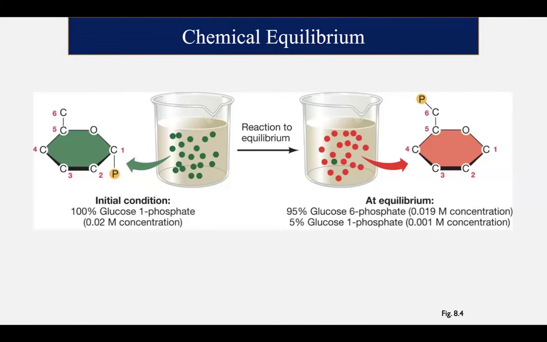So as a result of that, what this slide is trying to say is that all reactions are reversible and an equilibrium exists. So in the original glass or jar on the left, you have 100% glucose 1 phosphate, but because it's so unstable, it wants to reach equilibrium. After it reaches equilibrium, we see that you have around 95% glucose 6 phosphate and around 5% glucose 1 phosphate. So in equilibrium, in principle, all reactions are reversible. So glucose 1 phosphate can become glucose 6 phosphate, and glucose 6 phosphate can become glucose 1 phosphate.